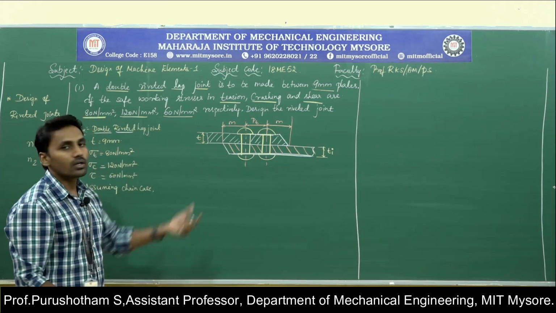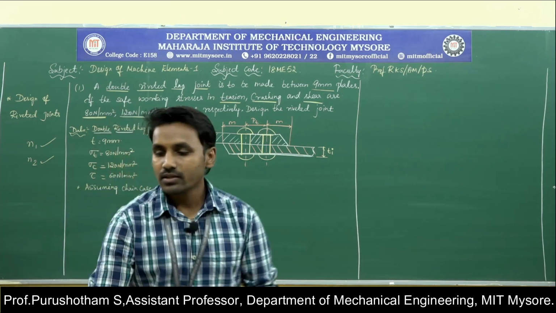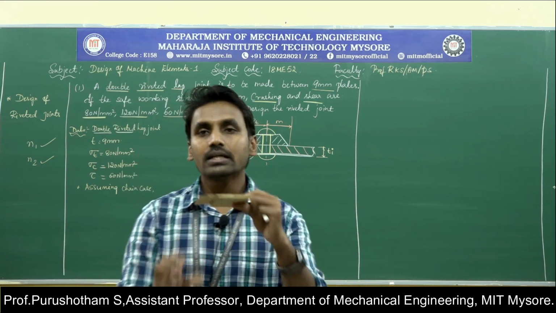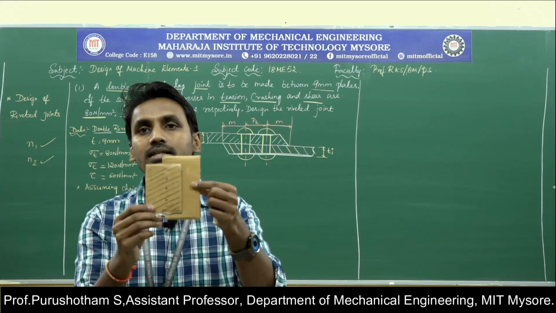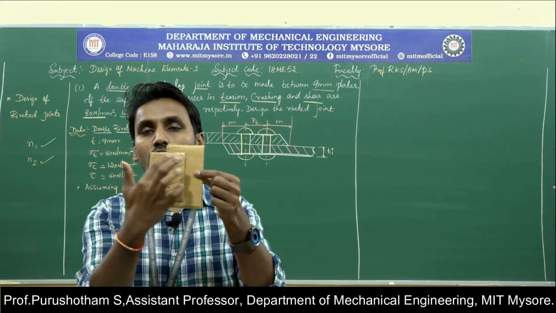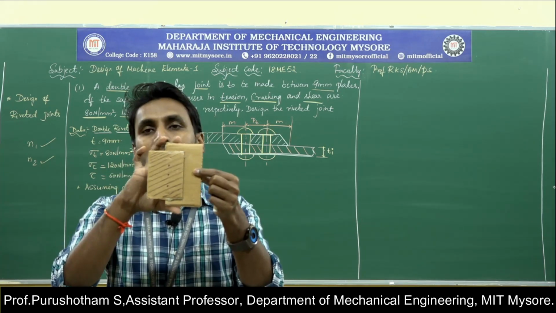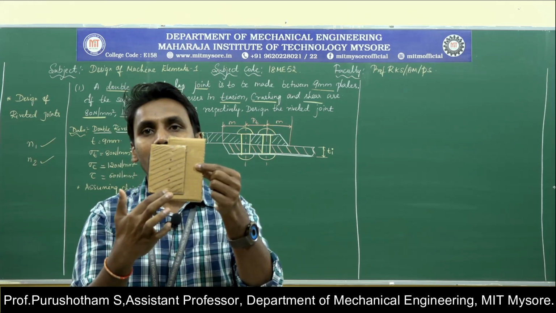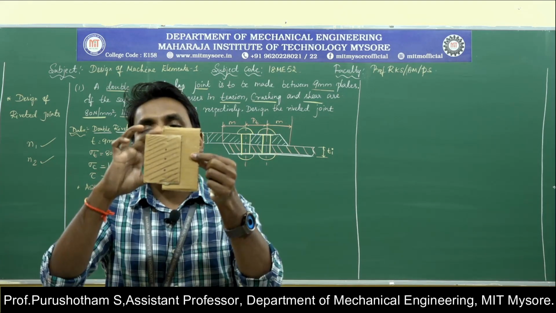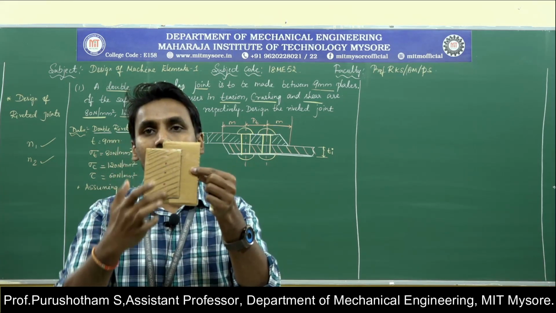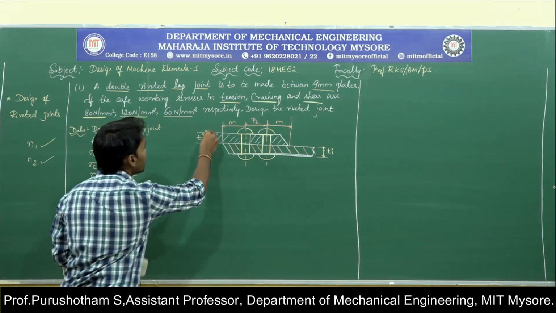Okay. Now for this I am going to draw the top view. I have now drawn the front view of the double riveted lap joint. For the top view, the top plate, which is shorter than the bottom plate, is fully visible, and the longer plate behind the top plate is the portion which is invisible here. So I am going to draw this one.